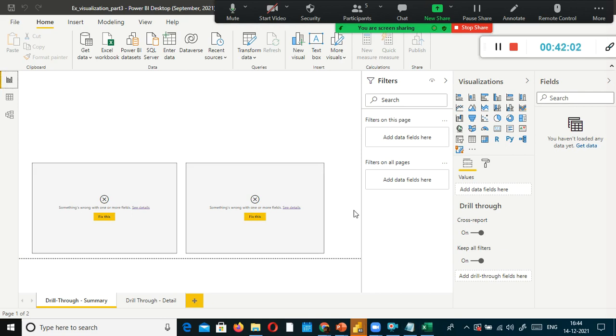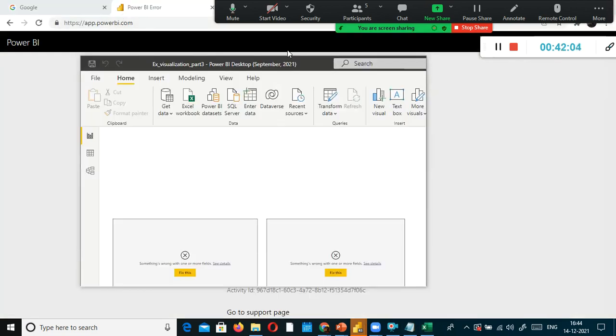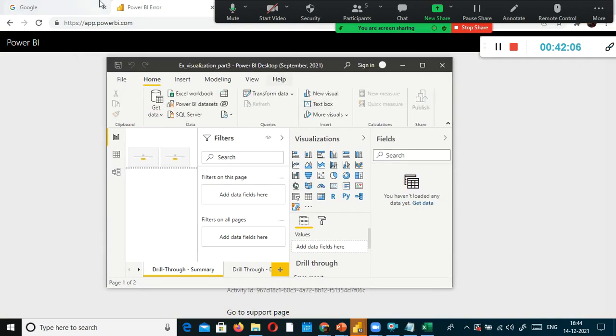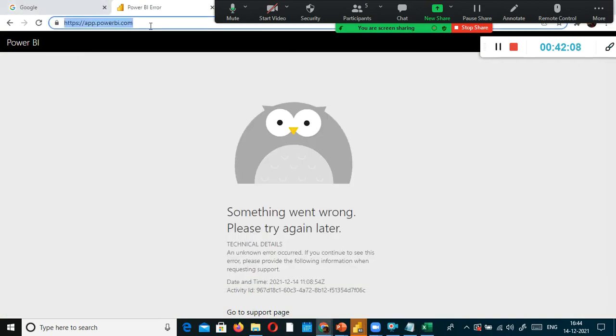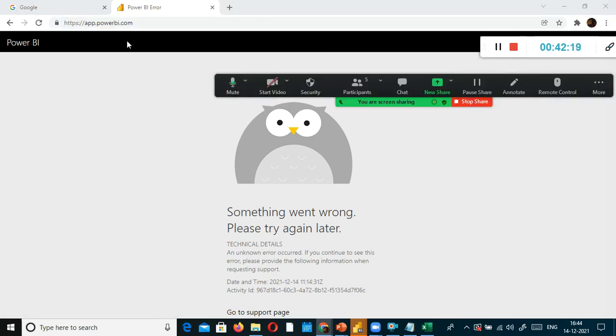Got it? So that is what we need to do here. One second, I will just go ahead and close. We are not lucky because we are not able to import, we are not able to access it. For the time being, can you guys try it from your side? Can you all try app.powerbi.com? Can someone tell me if you are able to get something there? I know you don't have access. At least can we get the home page?